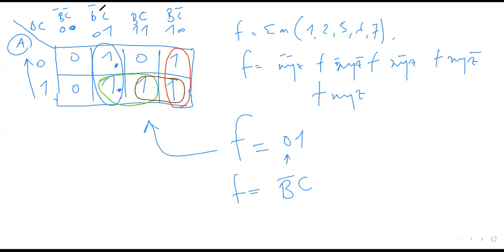Right, so it means what remains constant along the blue group is B bar C. This part remains constant here. Plus,